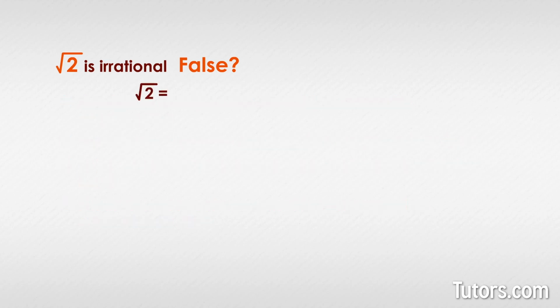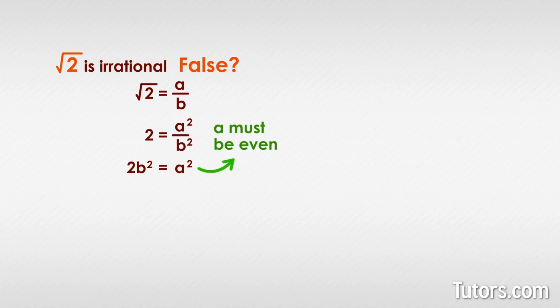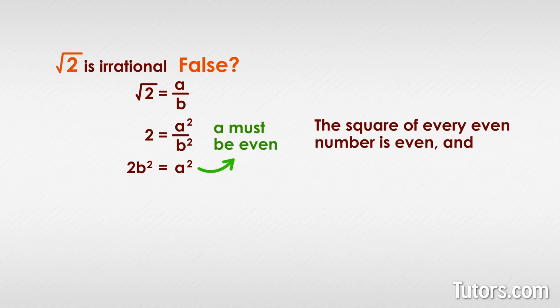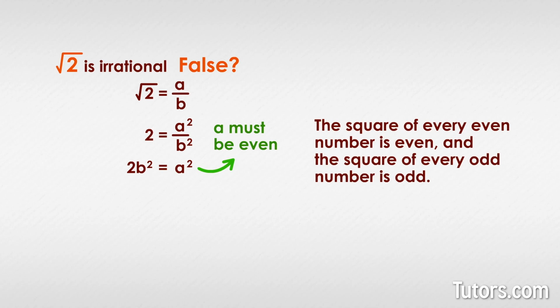Square root of 2 equals a divided by b. So we square both sides to get 2 equals a squared divided by b squared. Then we multiply both sides by b squared to get 2b squared equals a squared. Here we can see that a squared has to be an even number, because the square of every even number is even, and the square of every odd number is odd. Recall that a and b cannot both be even, so b must be odd. If a is an even number,